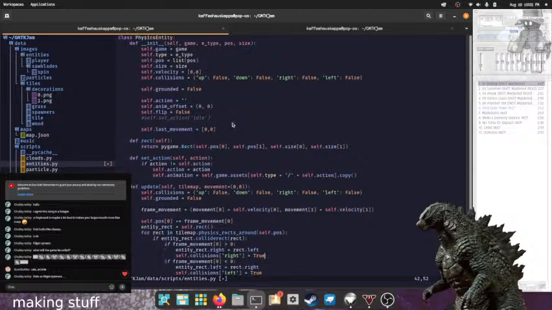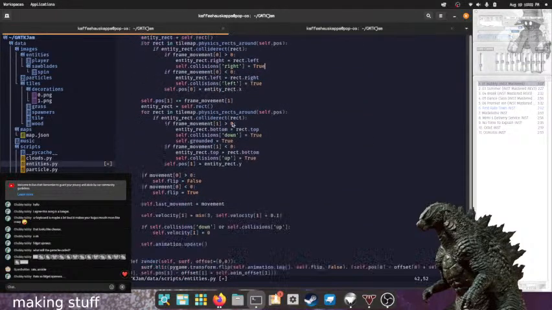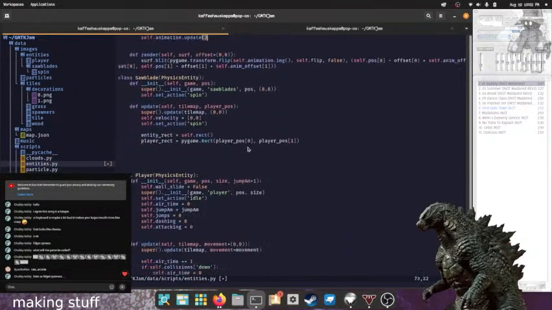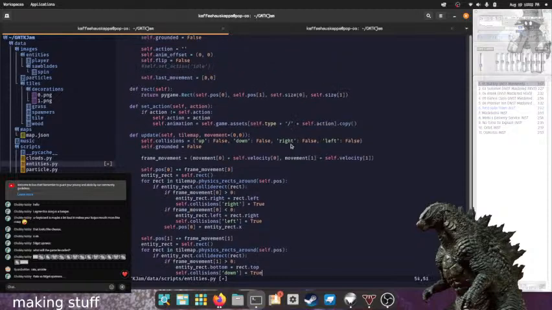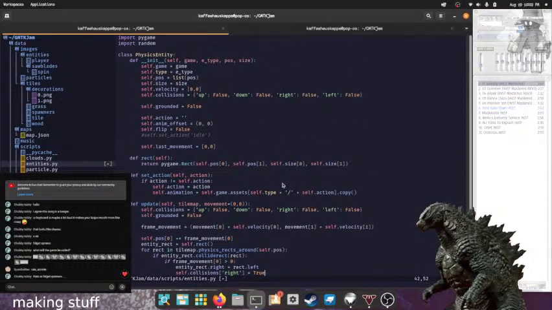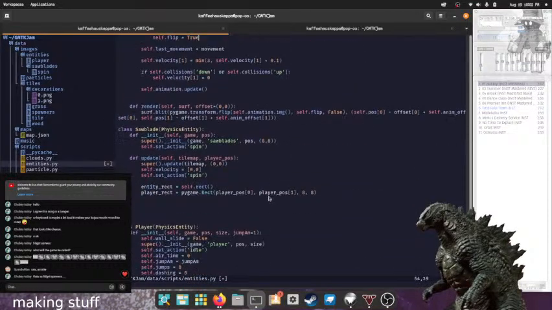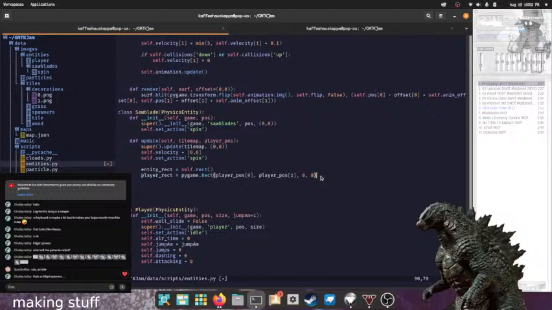Yeah, that should work. And the width and height is just 8, 8. Yeah, alright.